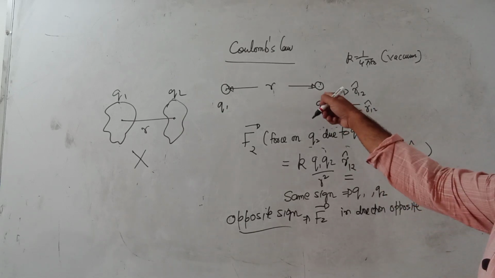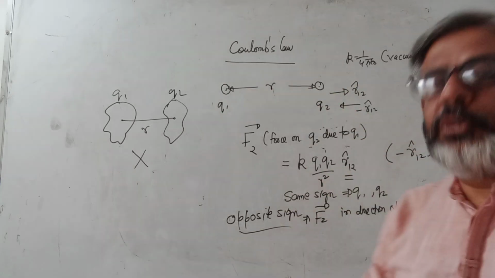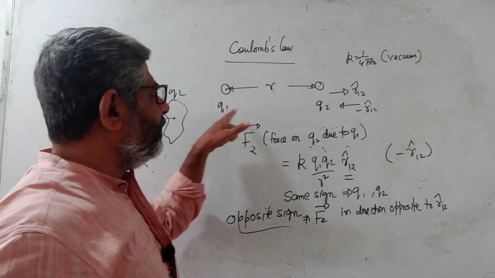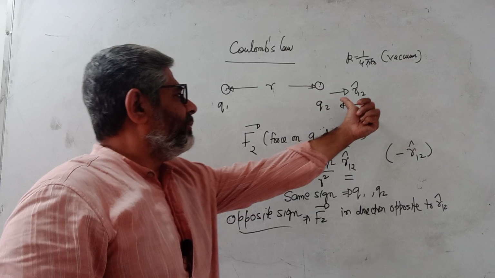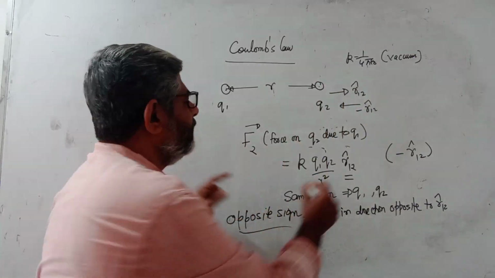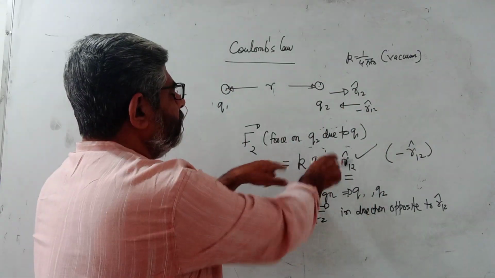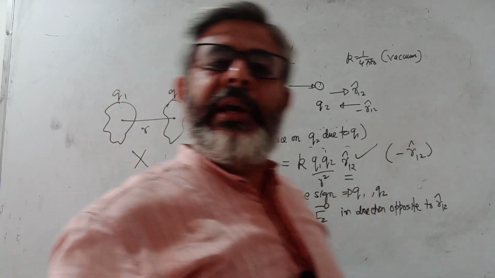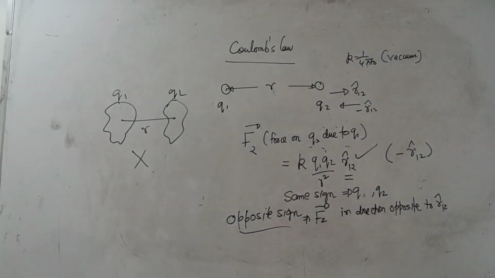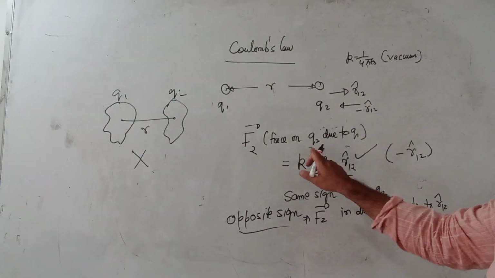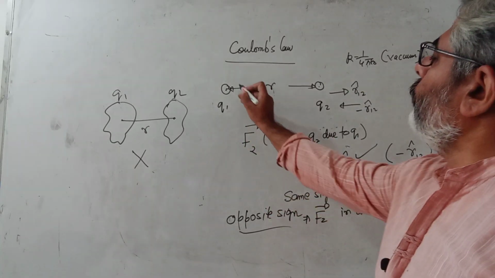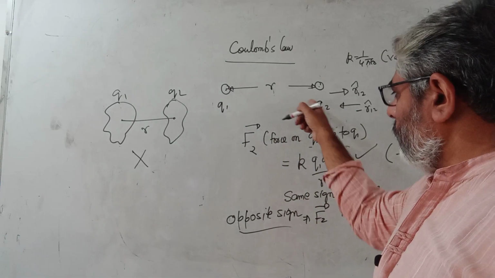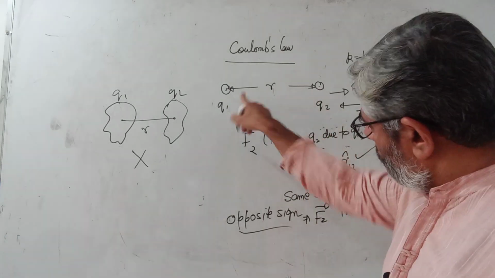So that means force on this charge will be in that direction. Now that is also justified, because if this is positive and this is negative, this will attract this charge. So attraction means opposite to R12. So this equation is self-explanatory. If you use this, then you always get the correct value of the force on writing the correct signs of these two charges. Now the question is, can we find the force on this because of this? Because right now I found the force on this because of this.